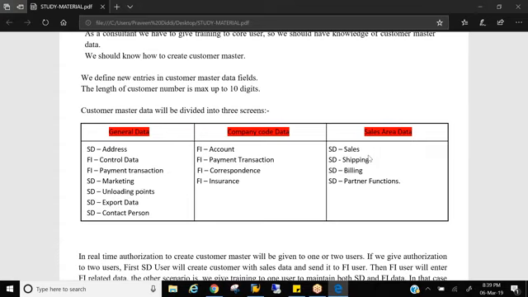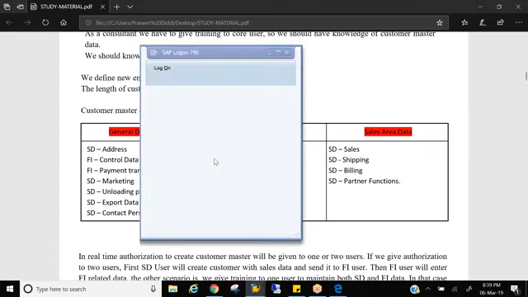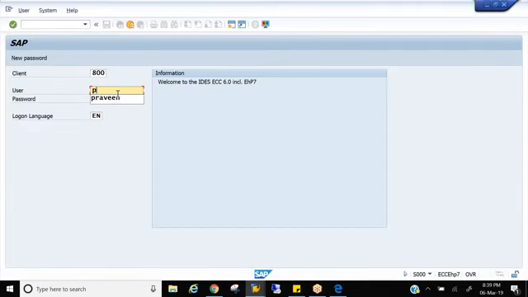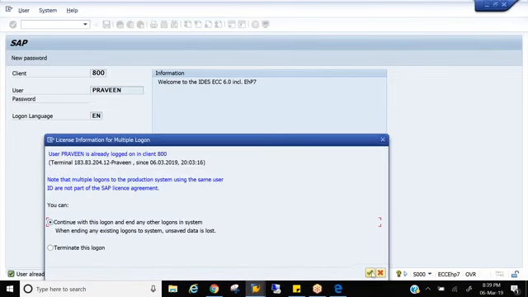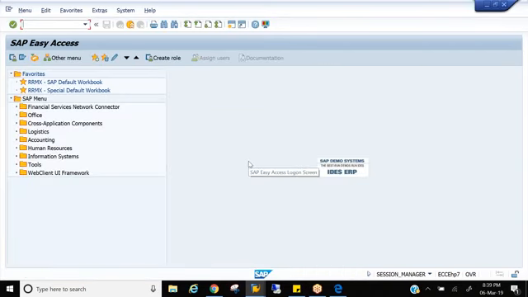So in the ECC, we already have a module called foreign trade. The extended version of foreign trade is nothing but GTS. In foreign trade, we again have import and export. Export is handled by SD, import is handled by MM. Export means SD always pushes materials out of the plant, right? So export is handled by SD, and for import, MM always receives the goods into the plant. So import is used by MM.